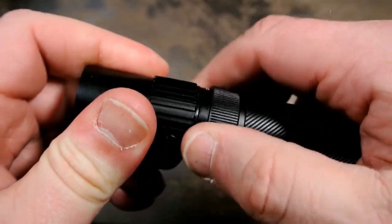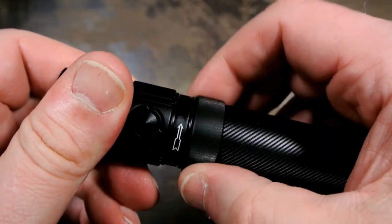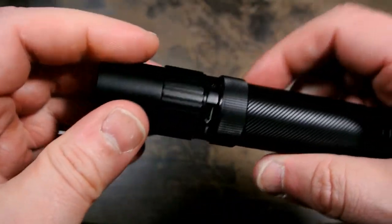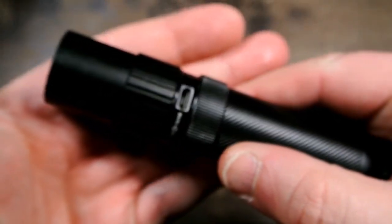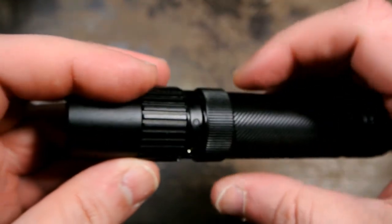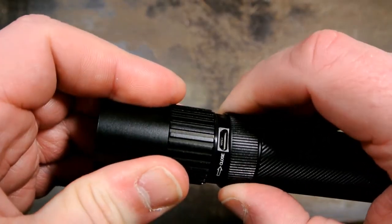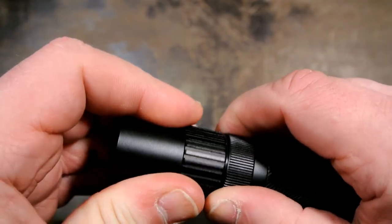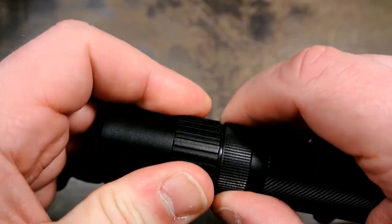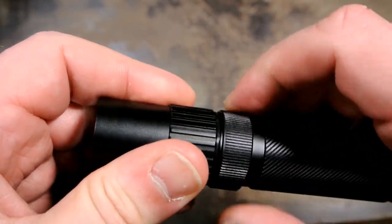Now, I'm easily turning this now, but that's one of my slight negatives, is that when I first got it, I could not turn this for nothing. So you'll see, there's the micro USB charging port. I guess maybe there was, I don't know, I'm not going to say glue, but whatever lubrication they're having in there was a little bit tight, and I just could not get it open. Eventually I got it loosened, and now I have it so that it opens nice and easily,